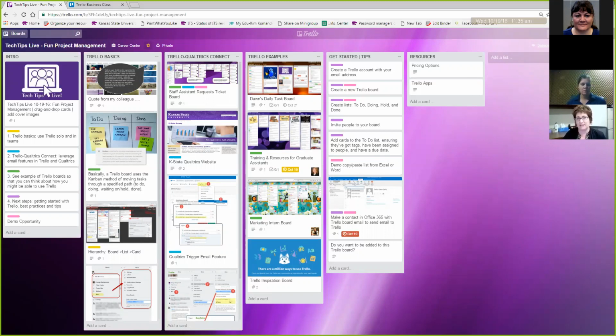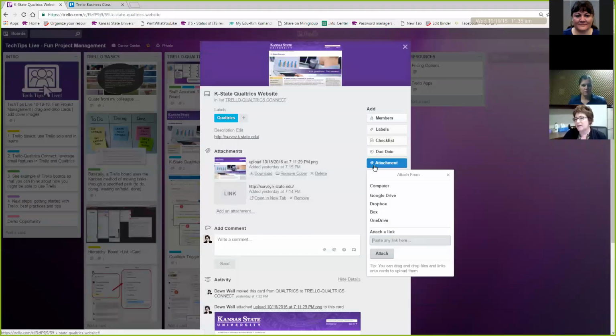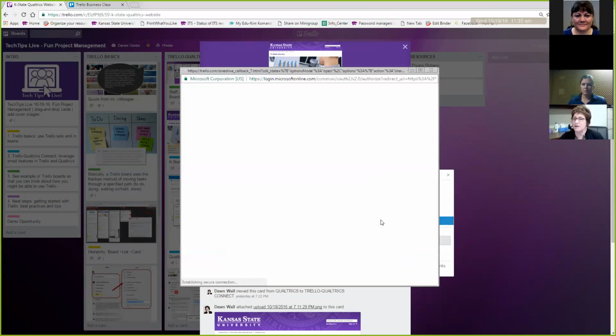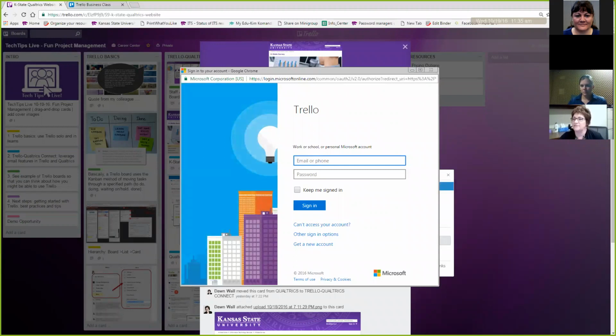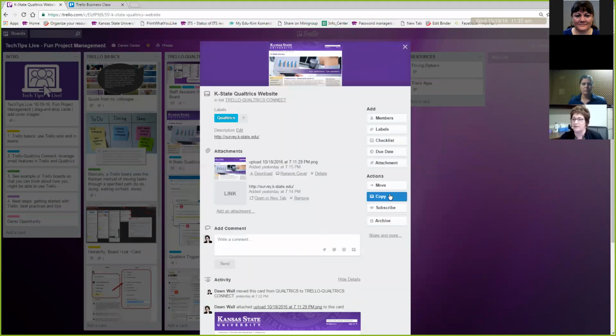I think it might work well, but I honestly can't say that I tried. I was just wondering where you would put it as an attachment, because it would just be a URL basically. So say that I have an online Word file, and rather than, because you did an example of where people had to download something to work on it, I just wondered. Yeah, I'm looking here to see when I clicked on the card, and OneDrive is an option. I just haven't done it, so I would have to log in and try that, and I don't have time to do it right now, but it shows it as an